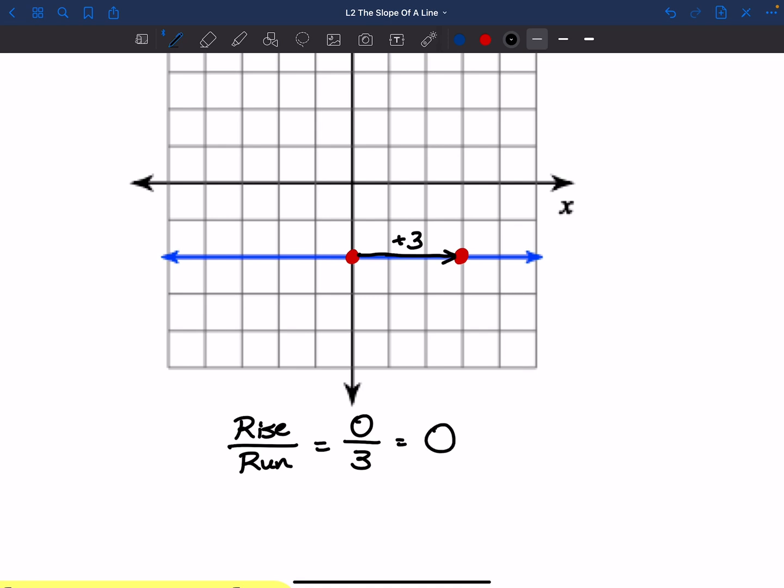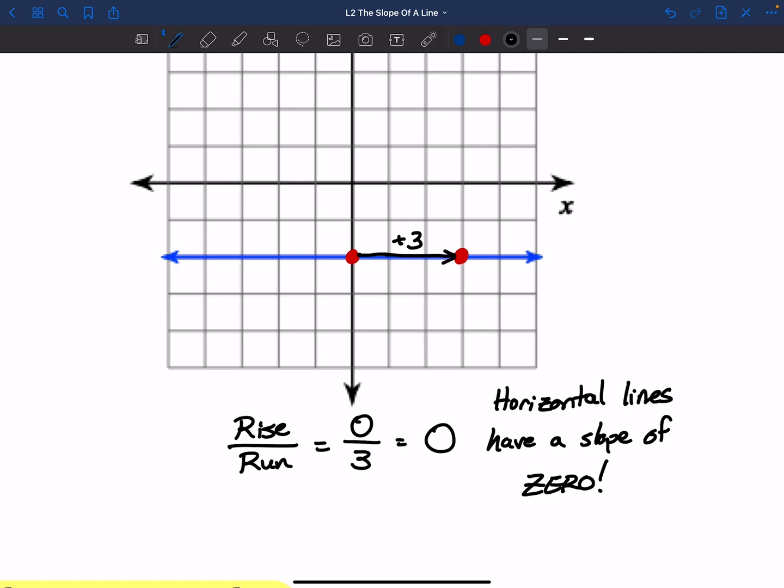So when we have horizontal lines, like this one, horizontal lines have a slope of 0,